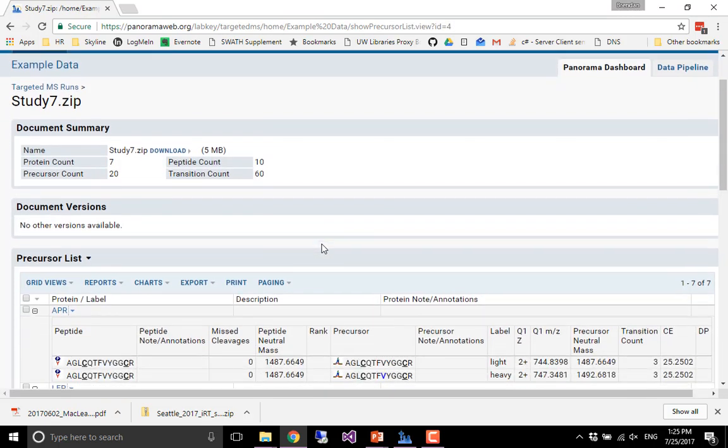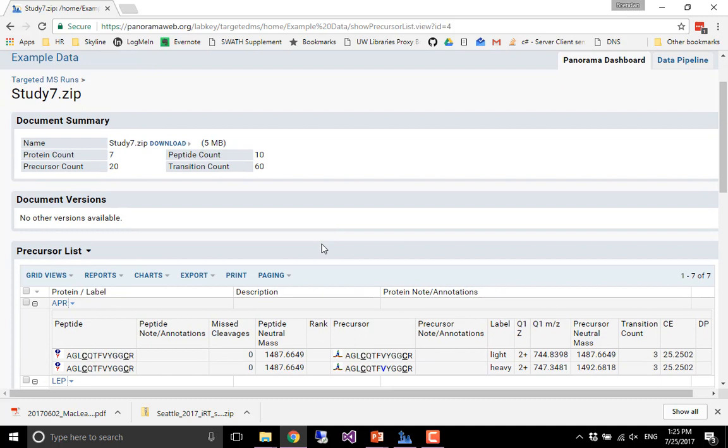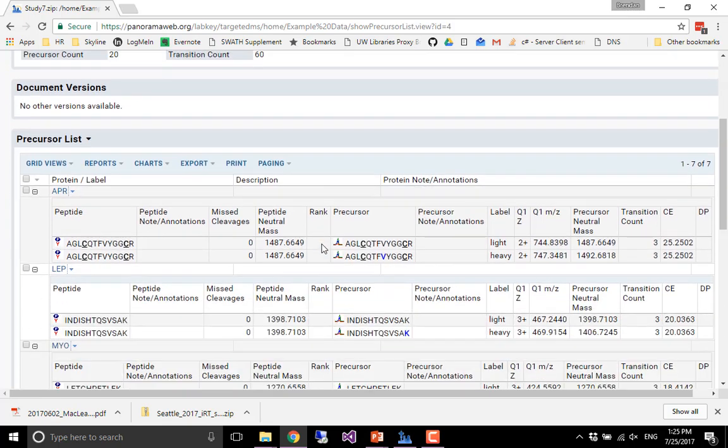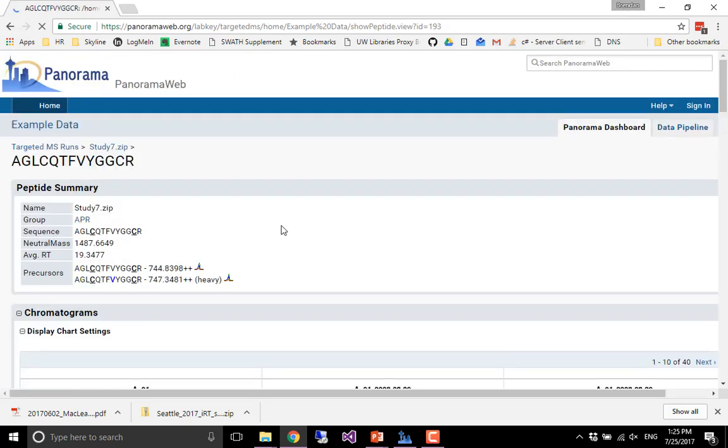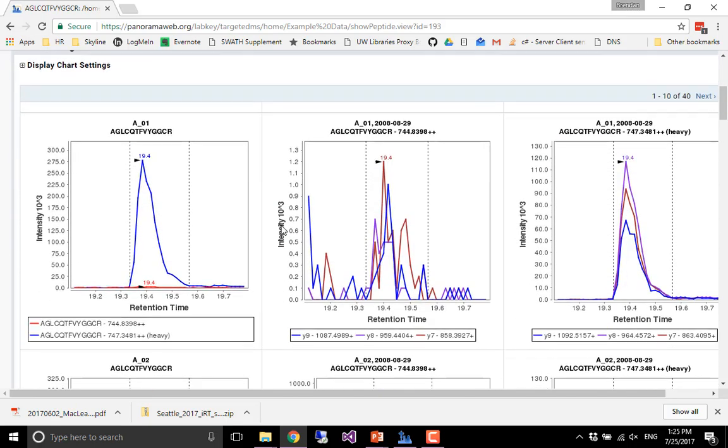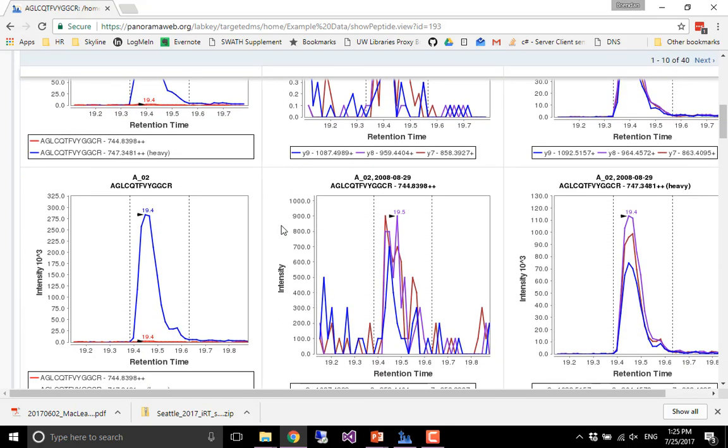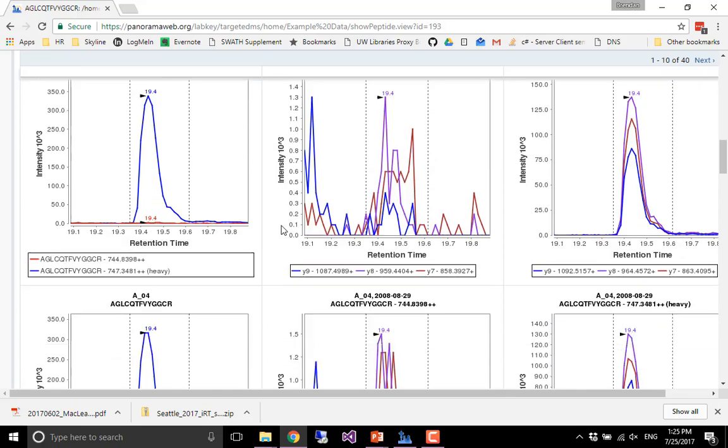So we get kind of a summary view, a lot like you get in Skyline, kind of down at the bottom, showing some of the counts. We go ahead and explore the data. Go ahead and click through, say, this peptide of interest and look at the chromatogram, a lot like the views that you see in